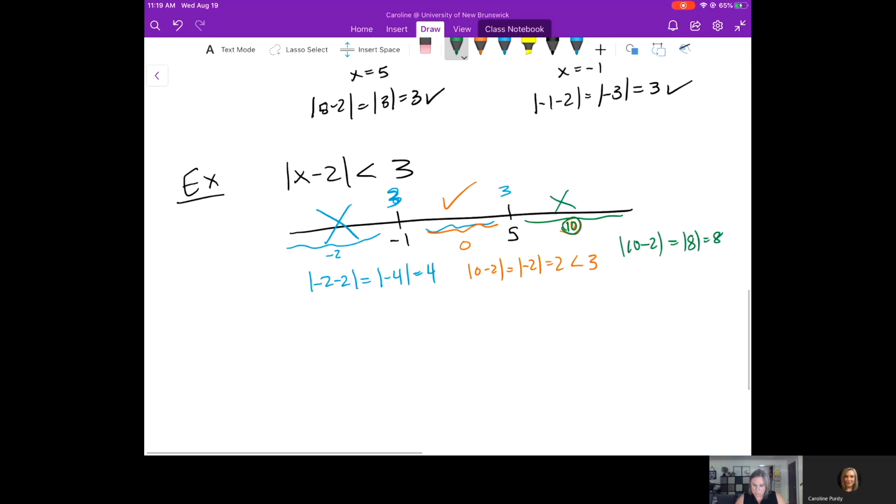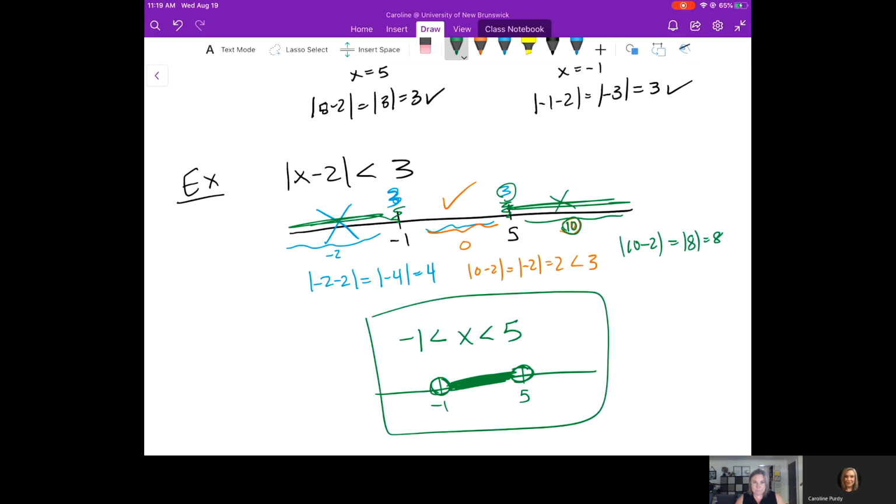So now there's one place that works, so our answer has to be one inequality, and we say it is all the x values that are between these but not equal, because equal makes it exactly 3, and we don't want 3. We want only the ones less than 3. So these ones made it equal to 3, so we don't want those, and we don't want anything that makes it greater than 3, which is those 2 sides. And if we had to draw a number line, we would say it's in between these. We put a big empty circle, shade on the number line, not above or below,